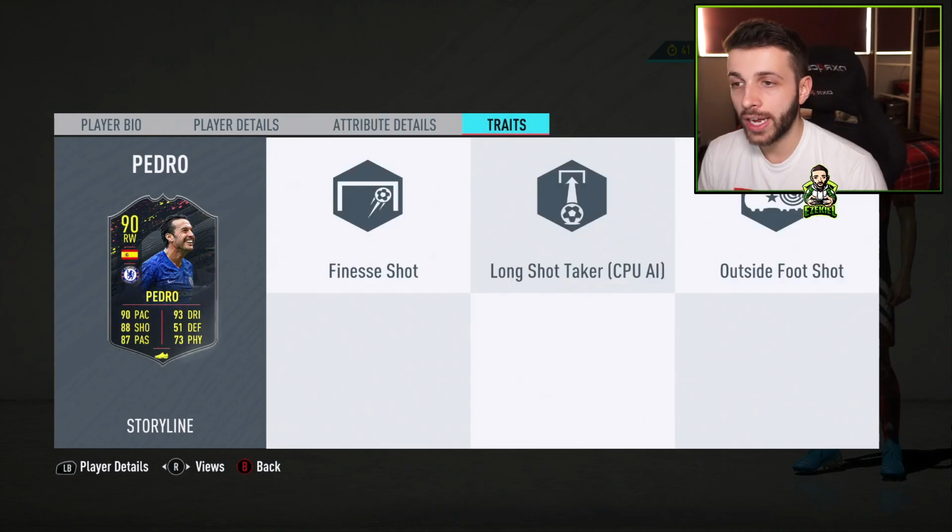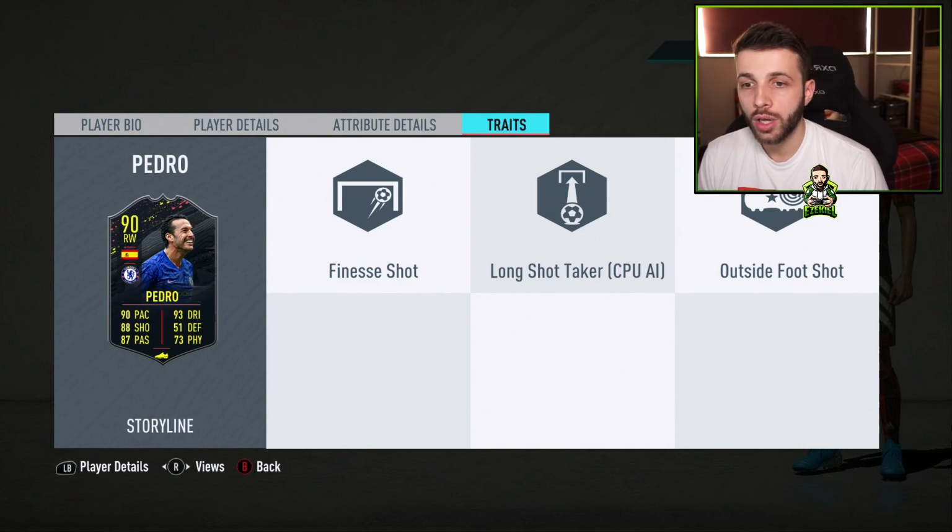Now, something good about Pedro, even though he does have 5-star weak foot, we've got the outside the foot shot trait, which is what basically makes Ben Yedder's shooting insane. That's going to make Pedro's shooting insane as well. I think Ben Yedder has a finesse shot. I'm not 100% sure on that, but finesse shot and outside the foot shot is a lovely combination to have